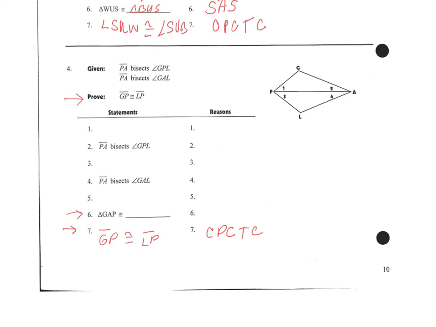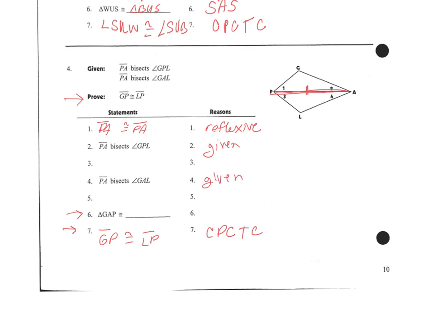Let's look at what we could be able to draw just by looking at the figure itself. And what we might note is that we're sharing this common side here. And so what we're going to say is that segment PA is congruent to segment PA by the reflexive property. Now, how did I know how to do that? Well, both of my given pieces of information are in here on step 2 and 4, and then there's a